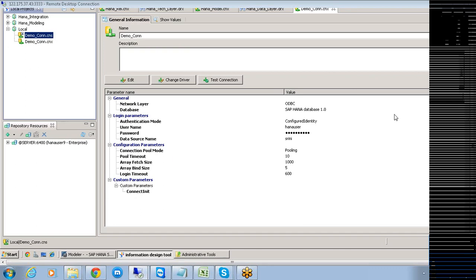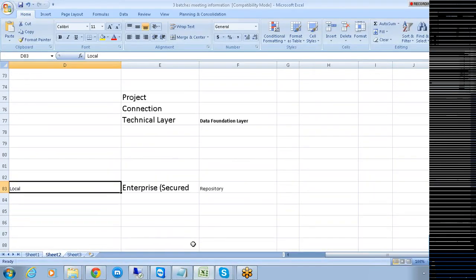So I hope you understood the concept of a repository. A repository is nothing but a database used by Business Objects for storing all its applications. That is the repository where your universes, reports, users, profiles, and all the other things are stored. To utilize that connection, you need to have a copy or a shortcut of this connection created here, and this is done. So that means two things are done here.